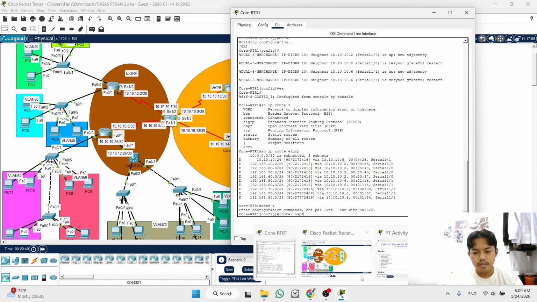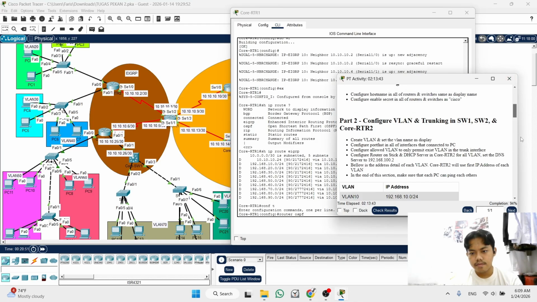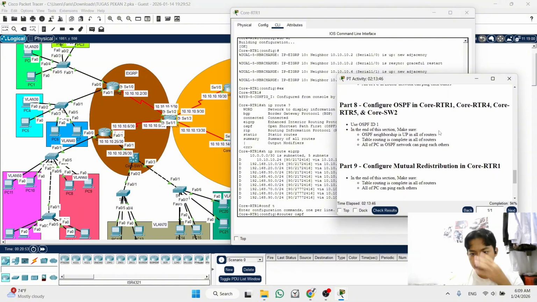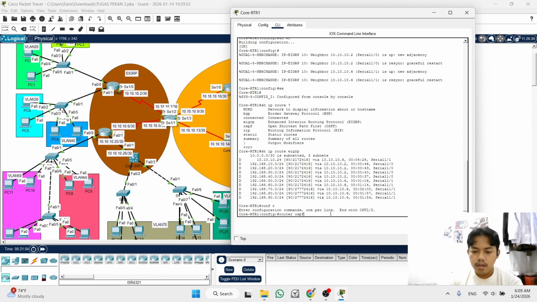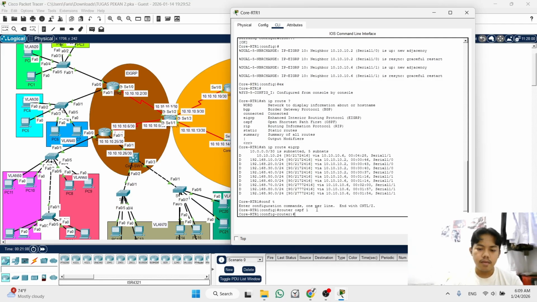We look first at task 8, which asks to write the OSPF ID as 1. So we write the ID 1.